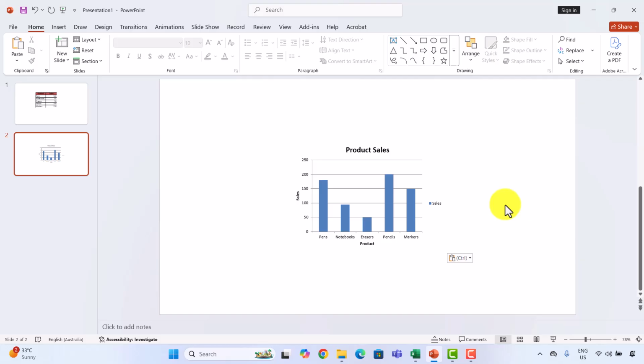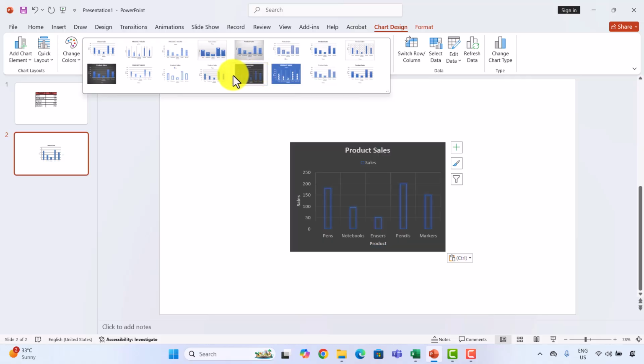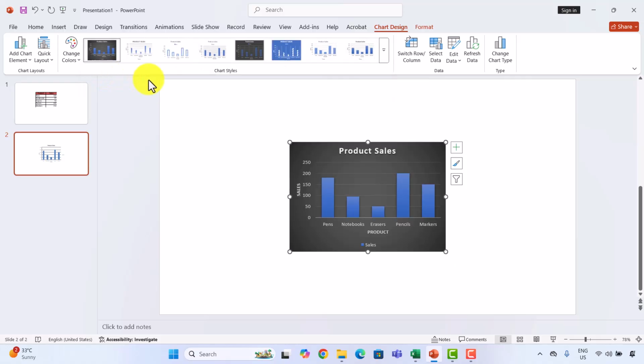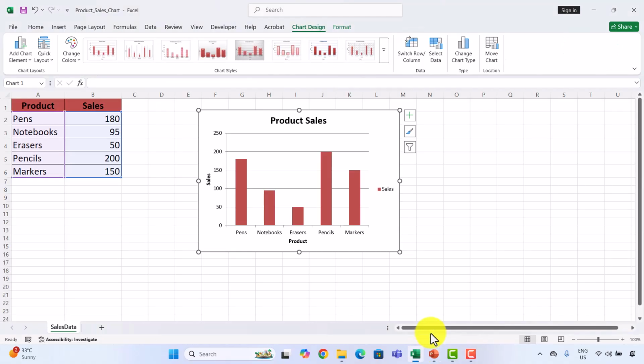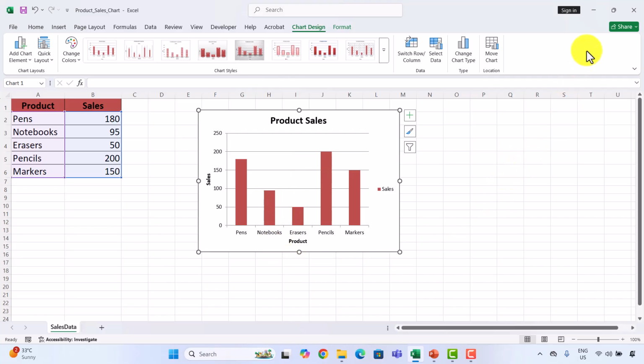That's because, unlike linked tables, linked charts only sync data, not formatting. But the good news, you can format the chart directly in PowerPoint. Once your chart is in PowerPoint, you can use all built-in chart design tools without affecting the Excel file. So here's the golden rule. Format tables in Excel, format charts in PowerPoint.